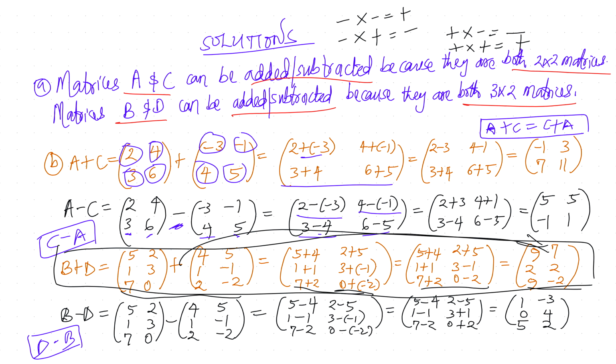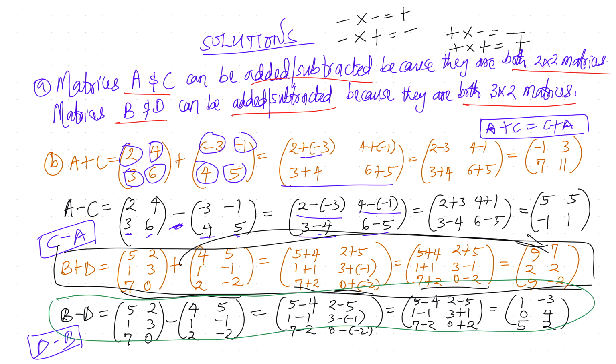So that takes us to the last one on this page, B minus D. So we just subtract corresponding terms like we said. So B is 5, 2, 1, 3, 7, 0. Okay, we know that already. D is 4, 5, 1 minus 1, 2 minus 2. Then we are subtracting now. So you have 5 minus 4, 2 minus 5, 1 minus 1, 3 minus minus 1, 7 minus 2, 0 minus minus 2. And then to make sure things are tidy enough,